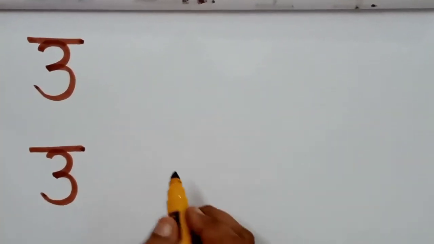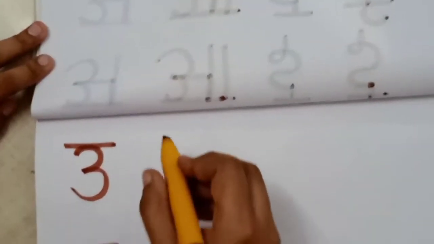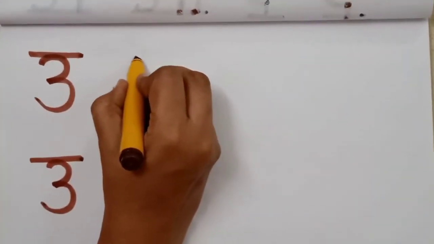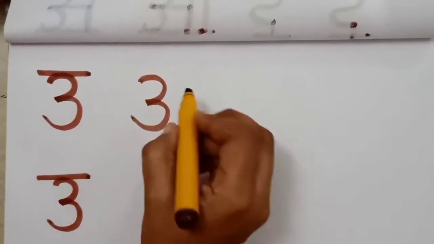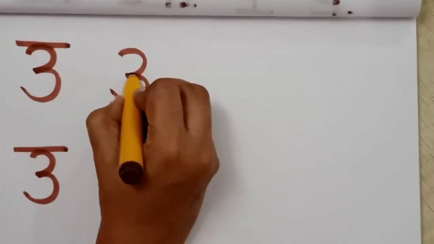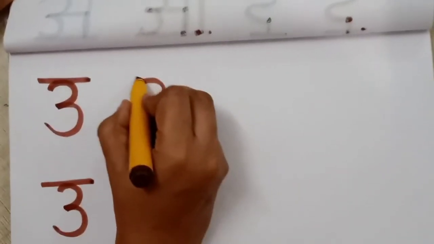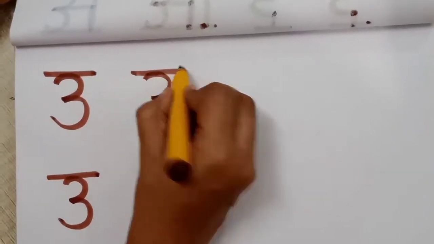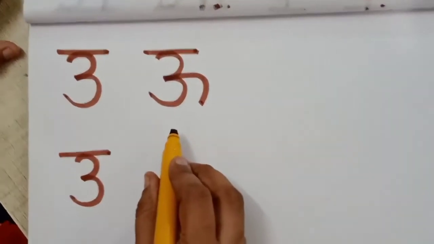Next letter is similar to this. It's U say oon. Let's see how to write. Put a curve, then again one more curve below that. From the middle, draw like a sleeping line, but it should come like a curve below down. Then up one sleeping line. This is letter U. U say oon.